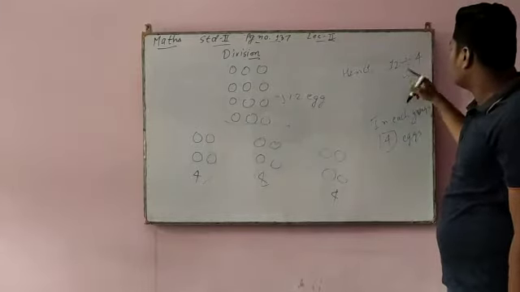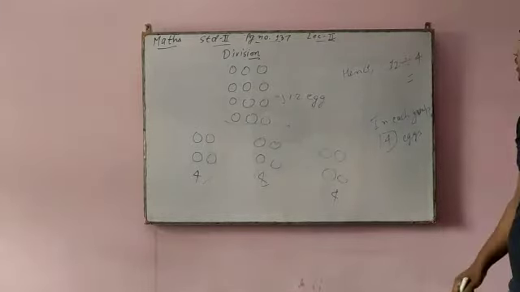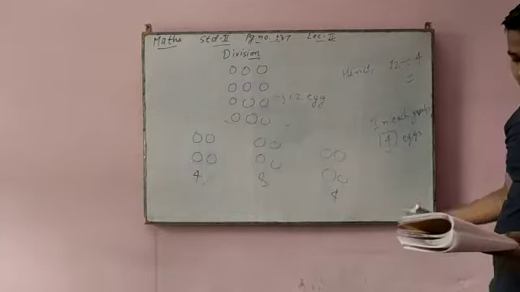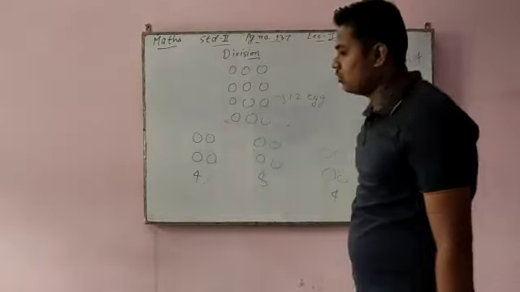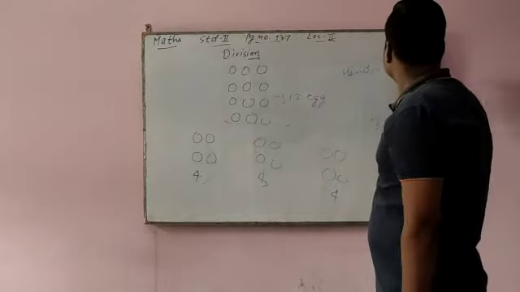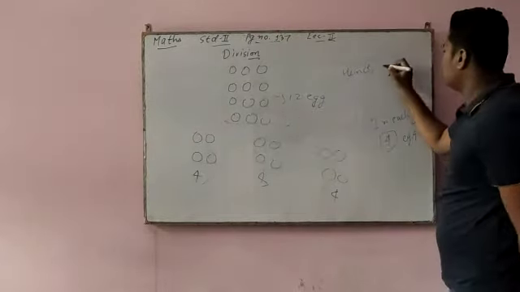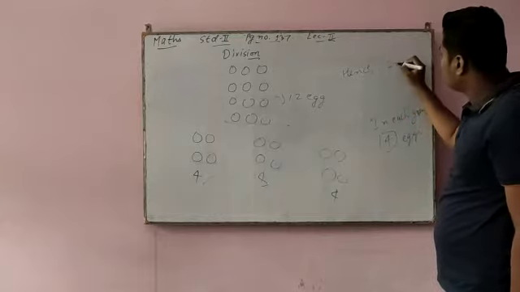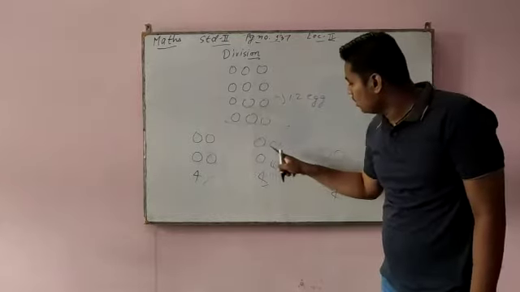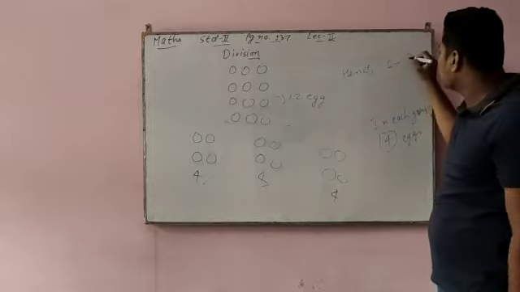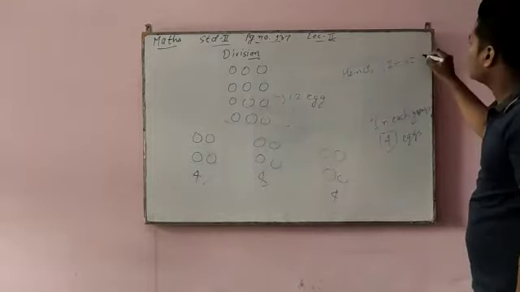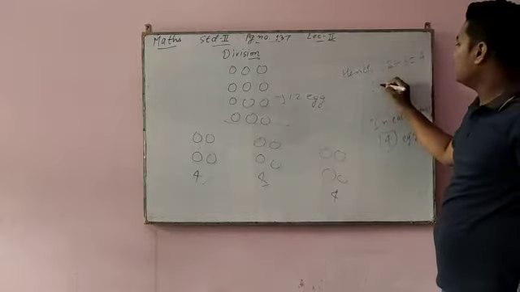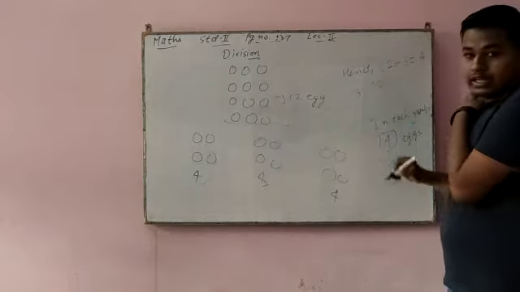Now when you divide 12 by 4, how many total groups are there? See, total number of eggs is 12. Total number of groups is 1, 2, 3. Right here 3. And how many eggs are in each group? 4. So right here 4. So when you divide 12 by 3, you will get 4.